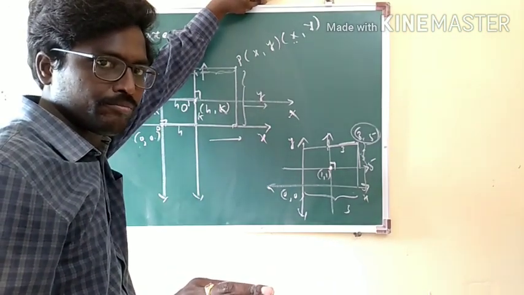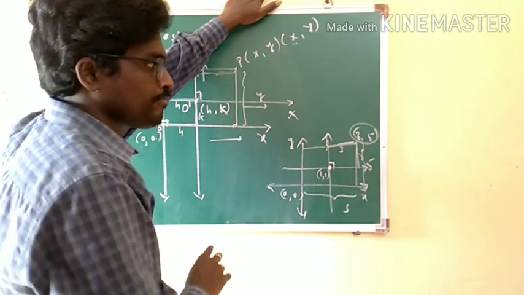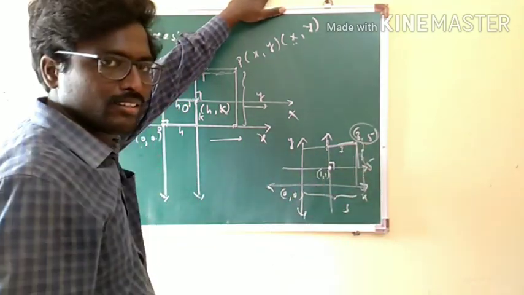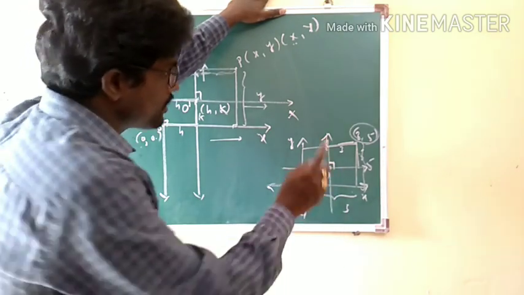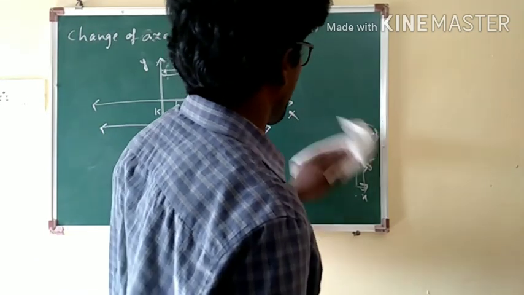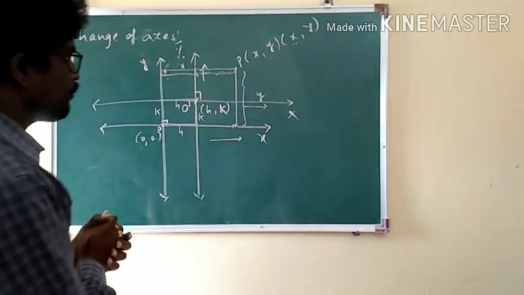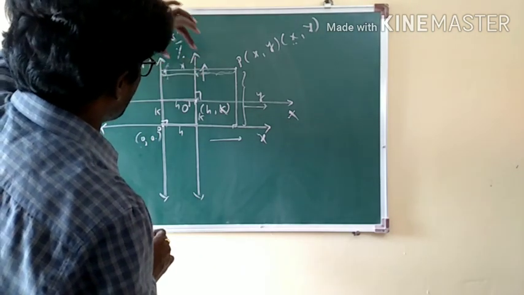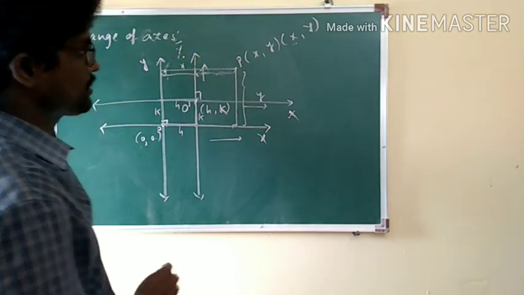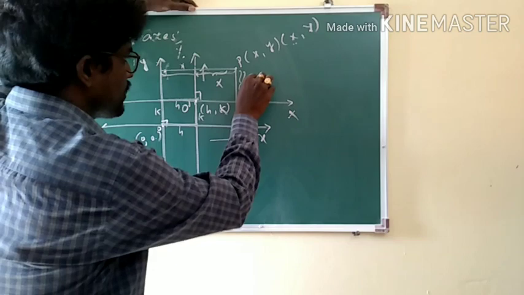Are you getting my point? (3, 5) is a point with respect to old x and y. That same (3, 5) won't be there with respect to the new axis. Understand? This is a scenario. That kind of change will be there when you are shifting the origin from (0, 0) to (h, k). Now we are aware of this total length as well, and we are supposed to calculate this capital X. This distance is capital X and this distance is capital Y.